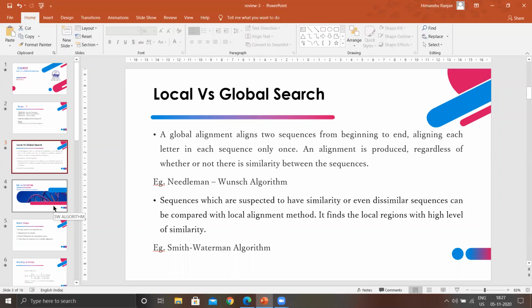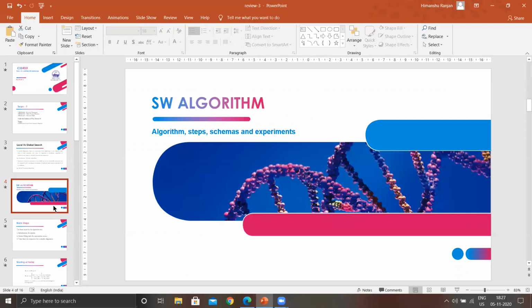And then the next one is the local search alignment. In this one, sequences which are suspected to have similarity, or even dissimilar sequences, can be compared with the local alignment method. It finds the local regions with high levels of similarity. The main one used for this is the Smith-Waterman algorithm, which is what we are going to be